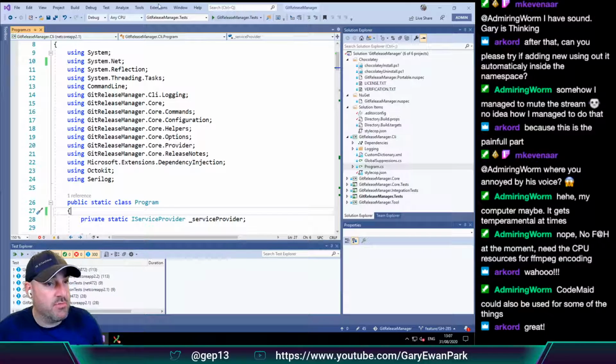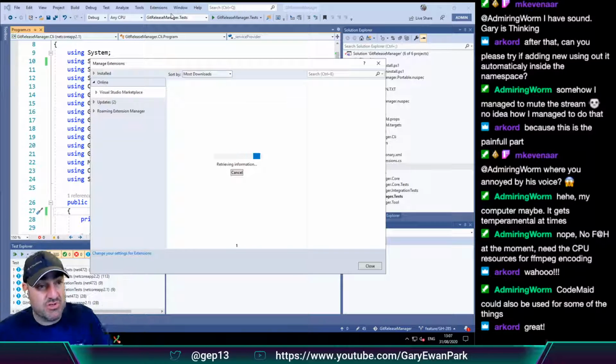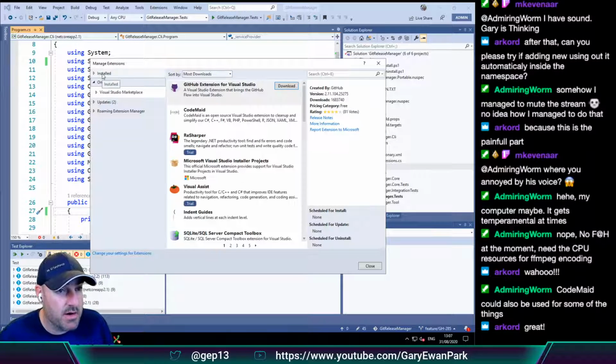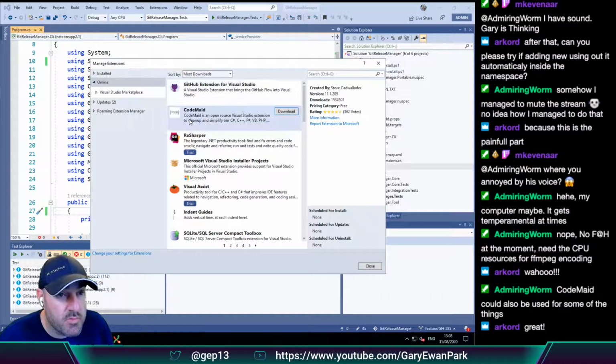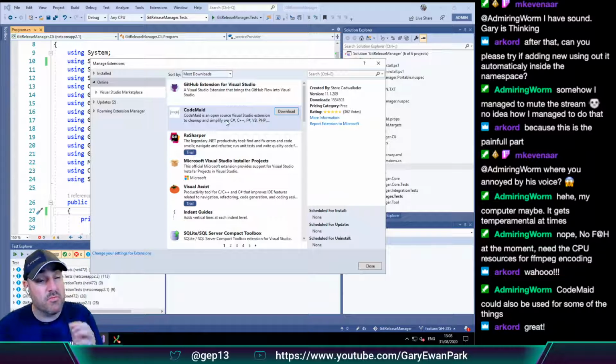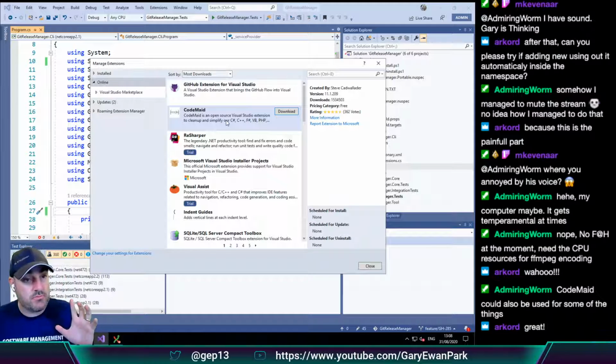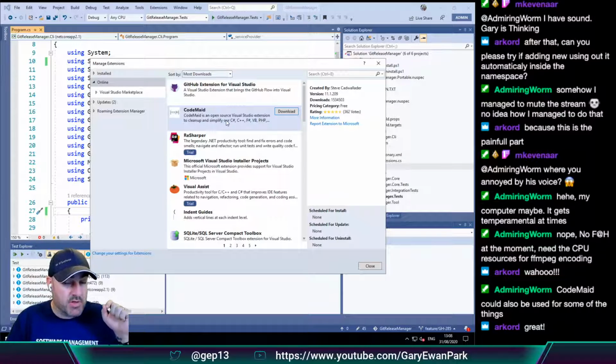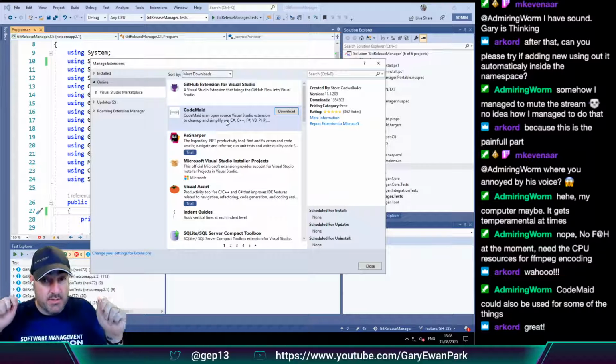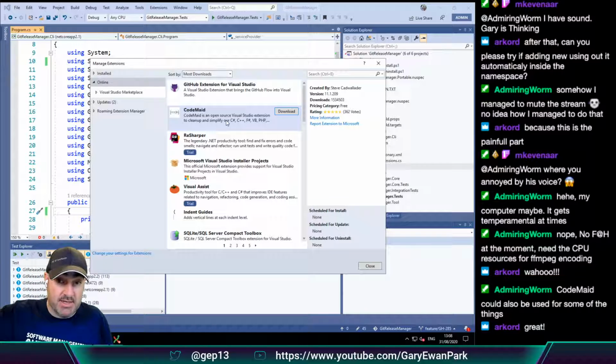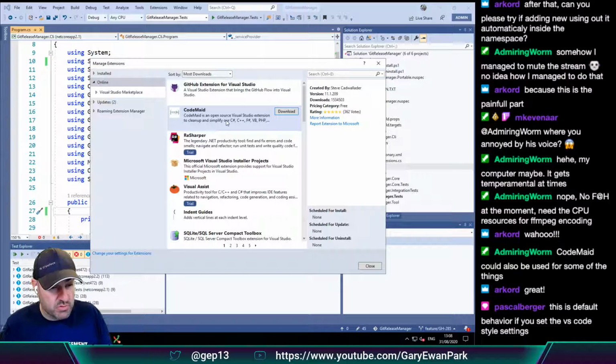So I don't think I've got CodeMade installed either, but let me just confirm that I don't have any additional things installed that are doing that. So I have CodeMade is there. I don't have CodeMade installed. So the combination of the editor config changes and the IDE integration, I think, is making things work.